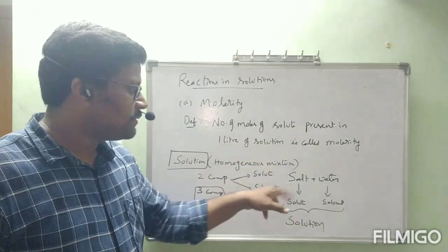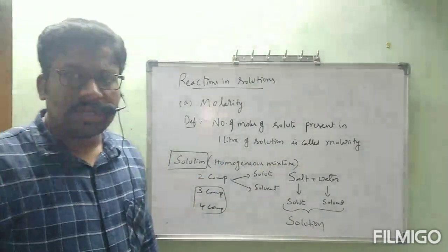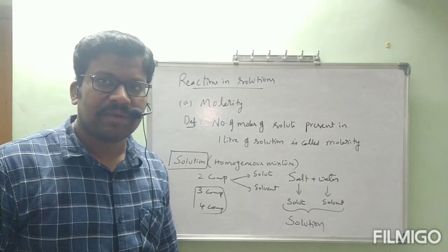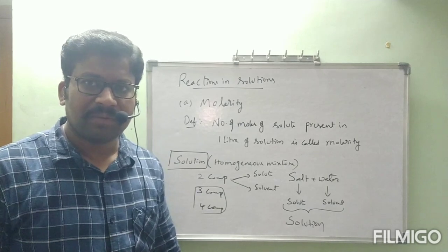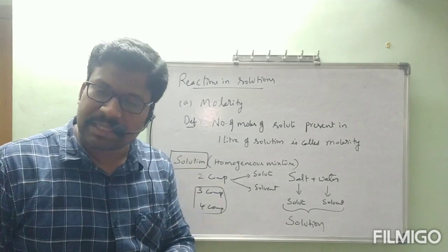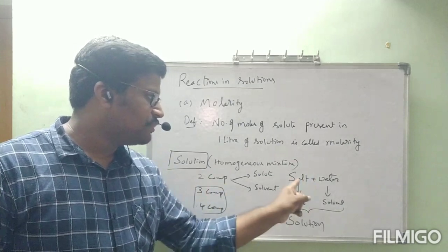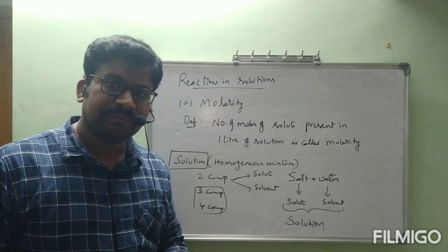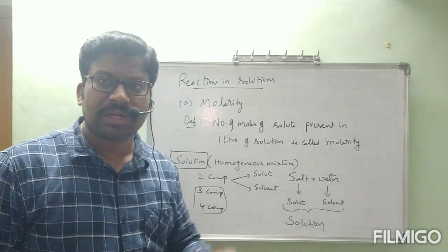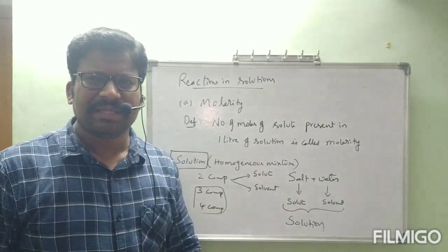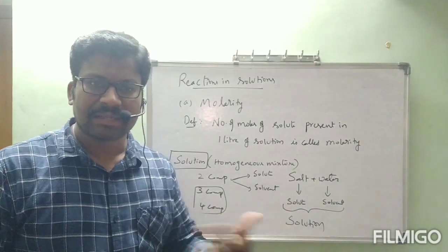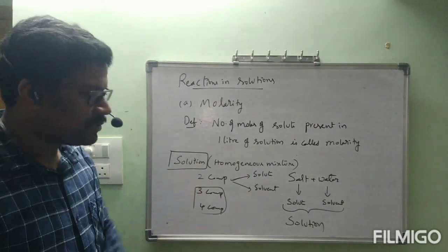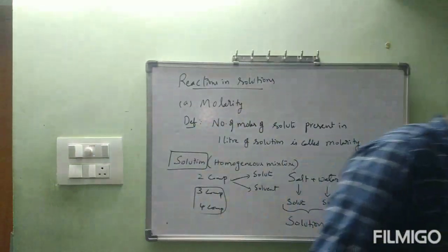Okay, ma'am? So what is meant by solute once again? The component which is present in minor quantity, less quantity. The component which is present in less quantity is called solute. And the component which is present in major quantity is called solvent. Okay. So if you take salt plus water, salt is solute and water is solvent. If you take sugar plus water, sugar solution, sugar is solute and water is solvent. In that way, majorly water will be the solvent and other components are solutes. Okay, ma'am? This is about the definition of solute and solvent as well as solution also.